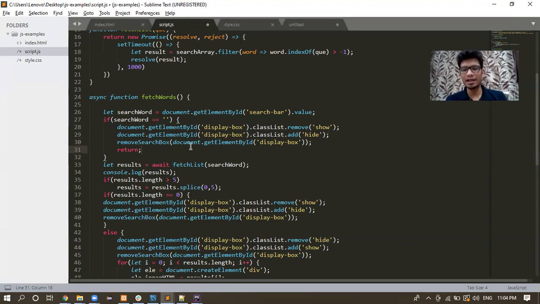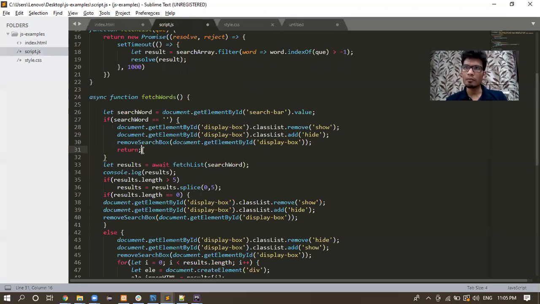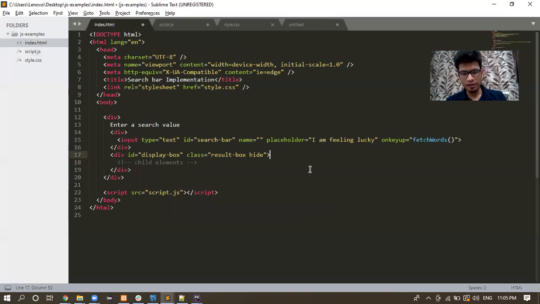What it means is that with respect to this div, which is ID display box, I will be appending child elements here, which will be showing me those search results, right? The top 5 results, what we were seeing. So each and every result is a div, right? So if any child exists, we want to remove it. So to remove it, what did we do? We have to send the parent node, right? What did I do? So suppose there was a div